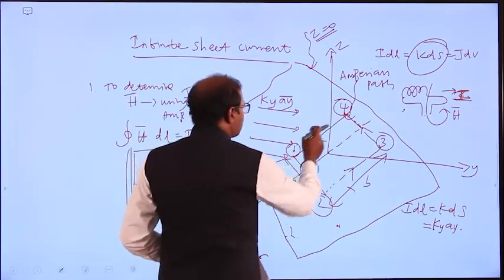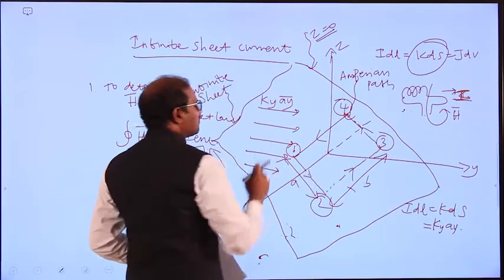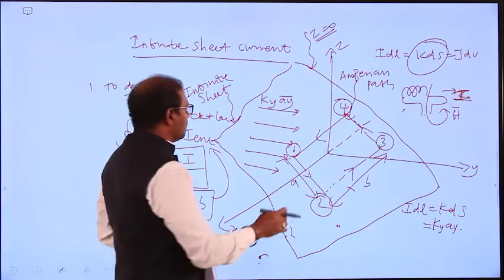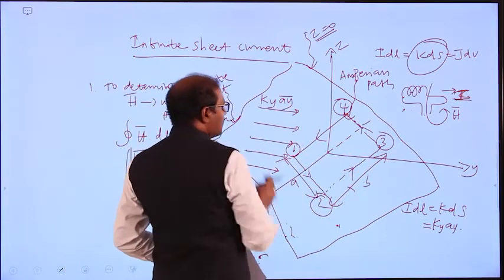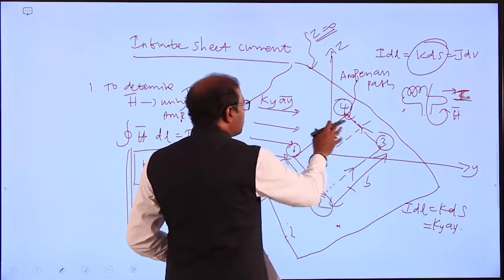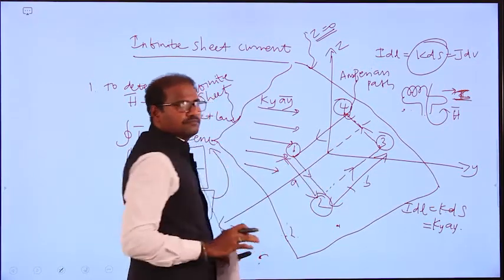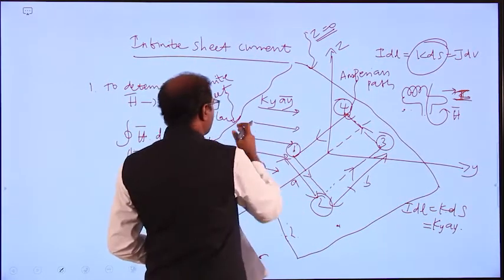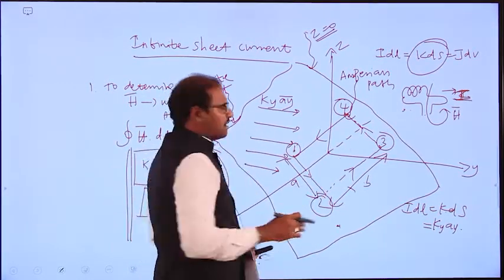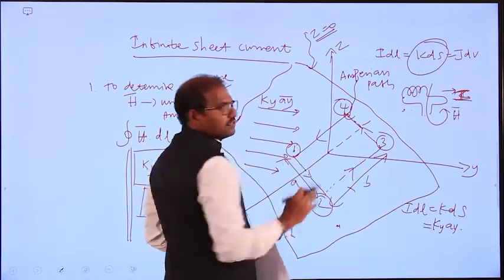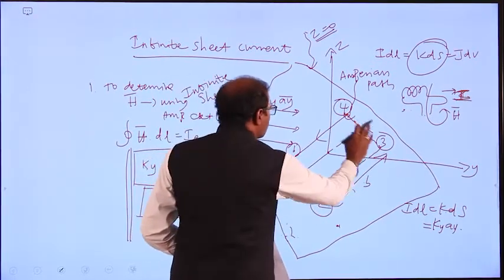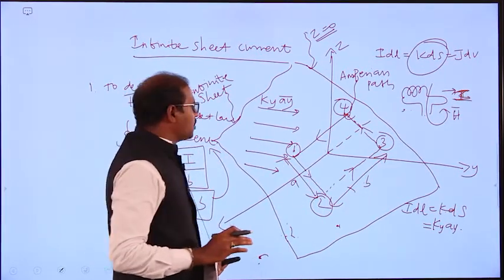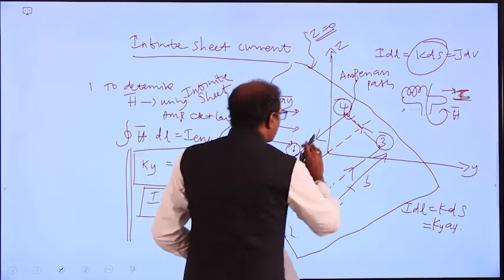This is our surface, the Ampere surface in the infinite sheet. Because this is an infinite sheet, we are going to calculate the amount of magnetic field intensity in this path only. We are not going for this one or this one. You can take here or here or here, your wish. But I am going to take this path only, and calculate this path only.